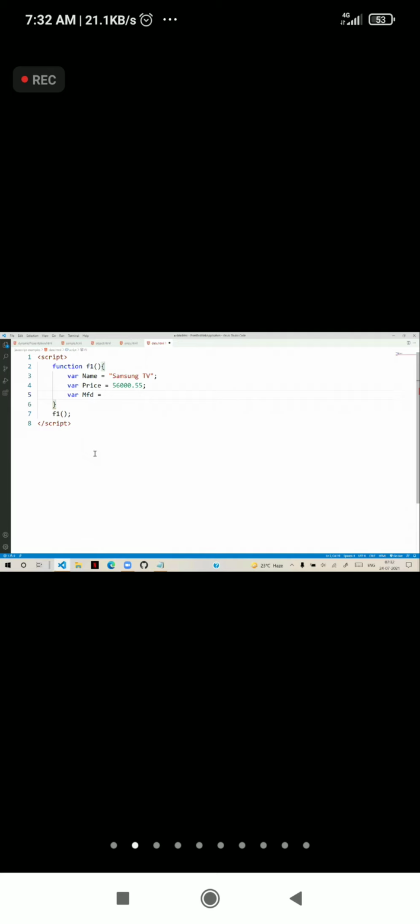Now how do we store date values and handle them? You cannot write them in double quotes, because it becomes a string. For example, if I write 23-02-2021 as the manufactured date, it looks like a date, but you cannot manipulate it. Manipulating a date means I want to get the weekday, the month name, or the year number, or modify it dynamically.